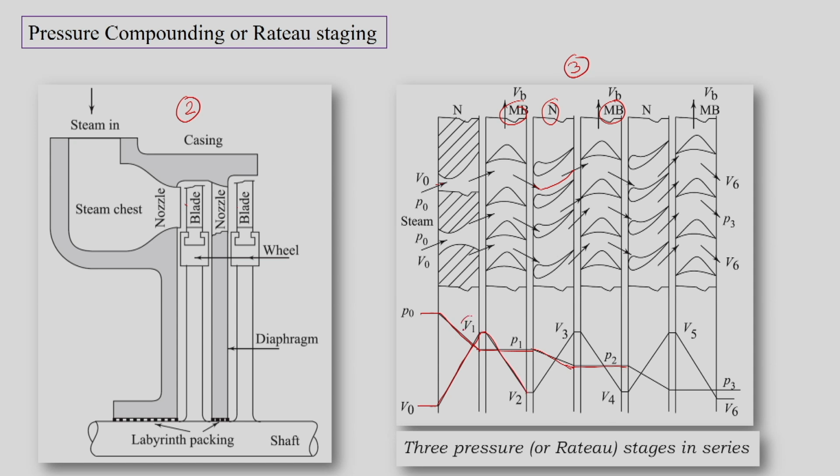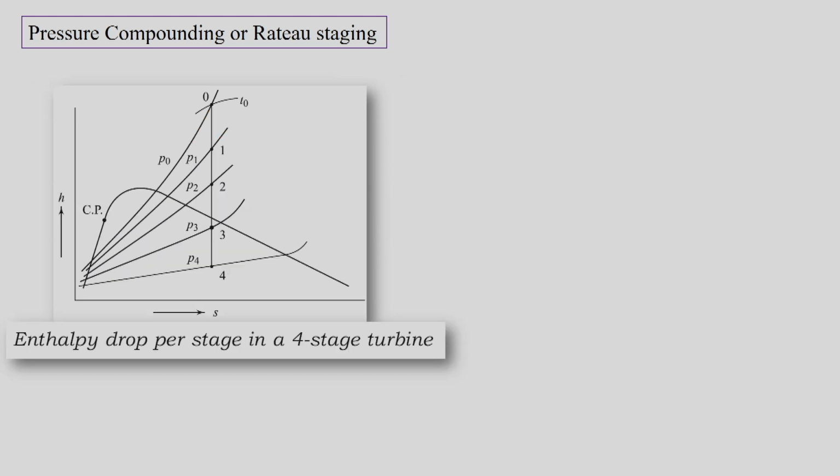Here remember that we are talking about the extraction of absolute kinetic energy. But when we say impulse turbines, there is no change in relative velocity. If at all there is a change in the relative velocity, that is mainly due to friction, and we have said that there is a blade friction factor, and this will continue into the rest of the stages. So, such staging is called pressure compounding.